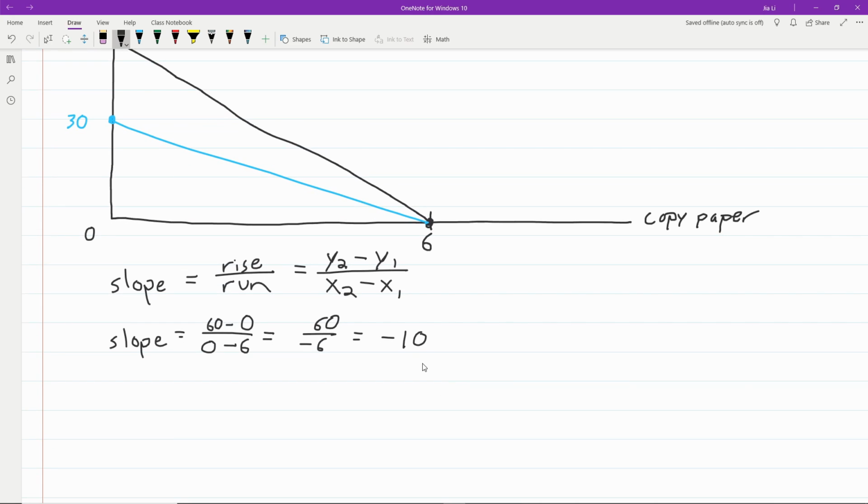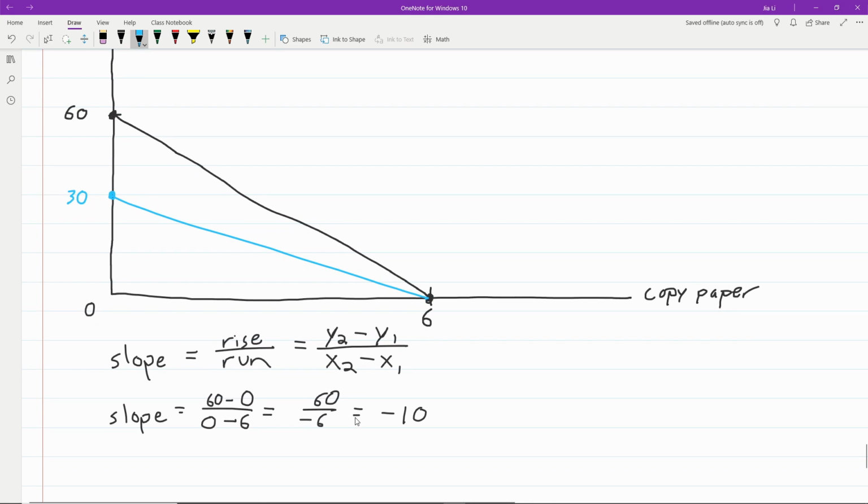Now, let's go ahead and do this for the blue line as well. I'll just write off to the side here. So the slope here will do the same thing, but of course we have to use points on the blue line. So here will be my first point on the y-axis, and then down here will be the second point on the x-axis. Sorry. So on the x-axis, this is my second point, and this is my first point, the point that is on the y-axis. So the slope here will then become 30 minus 0,